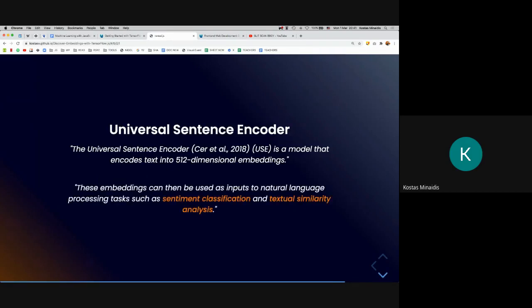And these embeddings, which are correlated to the meaning of the sentences, can be used as inputs on natural language processing tasks such as sentiment classification. For example, does this sentence have a positive sentiment, or a negative one? Of course, we can find if two sentences have a similar context, a similar meaning, which is really